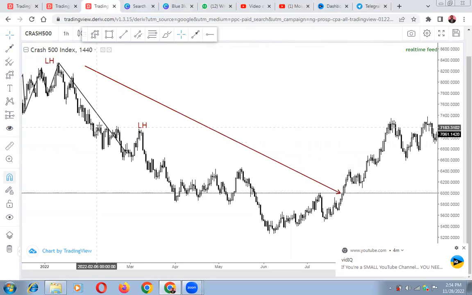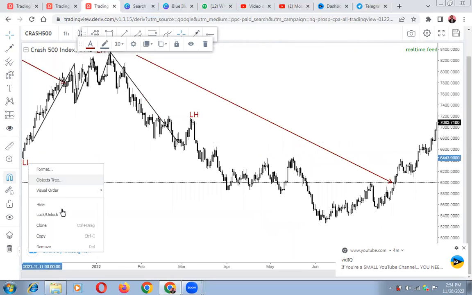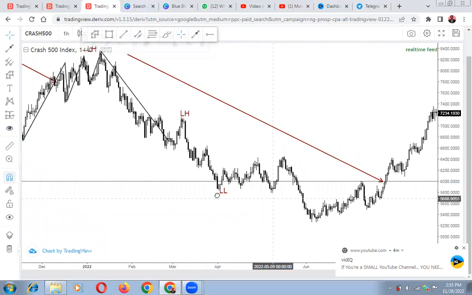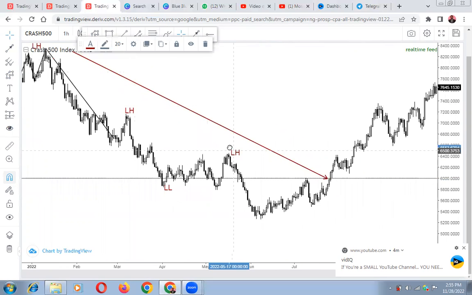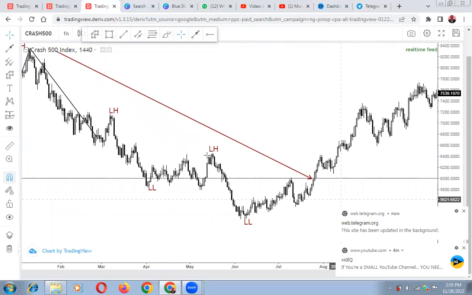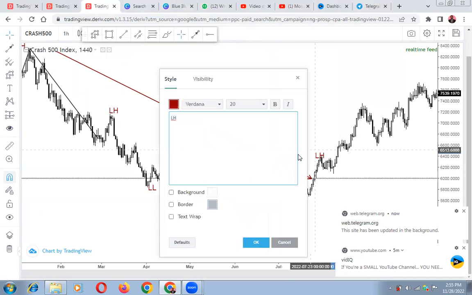Let's keep going. Let me clone this from here. And this is how to trade. You want to first of all identify structure before you start thinking of where you can get your entry. Lower high, price came and gave us another lower low. Then price came and moved upward, gave us, okay, let me consider this as a higher high because it's